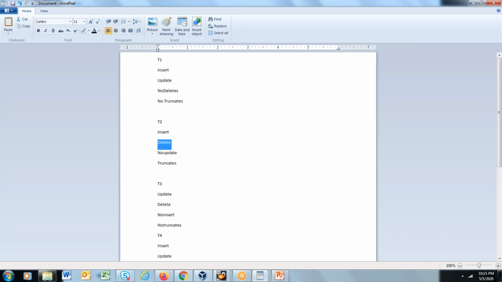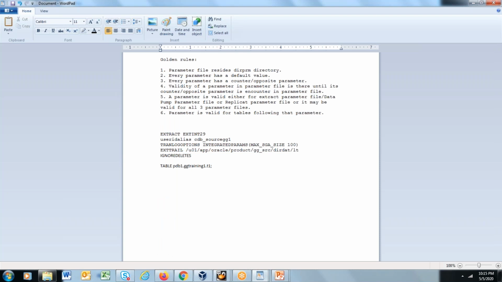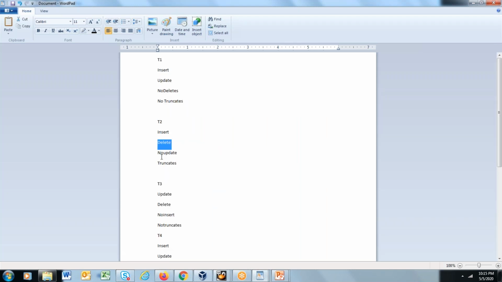Okay. So now the second thing is for the T2 table, we have to capture deletes. So deletes here is getting ignored. A parameter is valid in the parameter file until its counter parameter is encountered. So basically this ignore deletes is valid until its counter parameter get deletes is encountered. So now we'll be including the parameter get deletes,